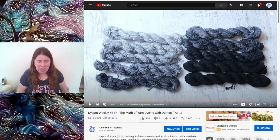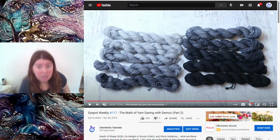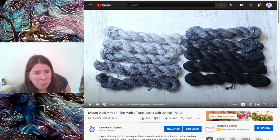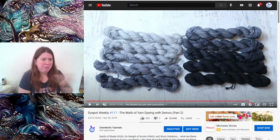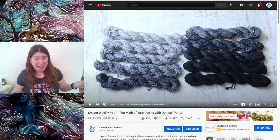So the depth of shade is a way to compare one color to itself, like I have in this example right here. But as you can see, this 4% depth of our silver gray to a true black, a 4% depth of shade of silver gray is not as dark as a 1% depth of shade of the true black. So the depth of shade isn't necessarily helpful for comparing one color to another,